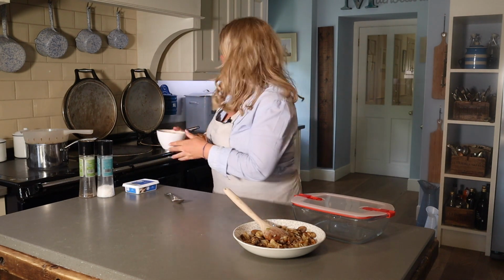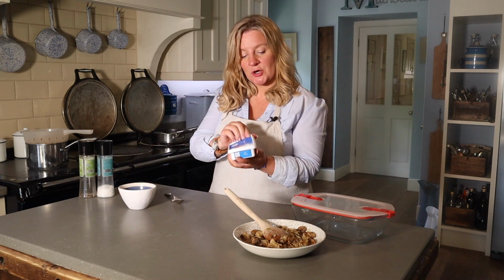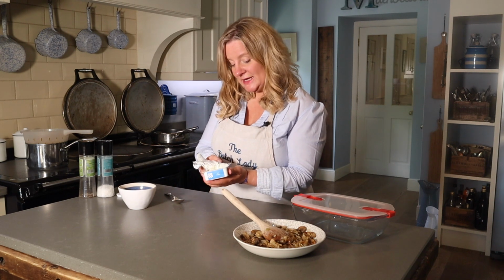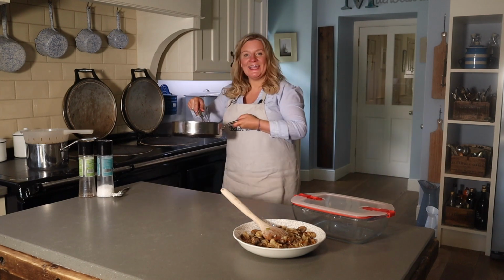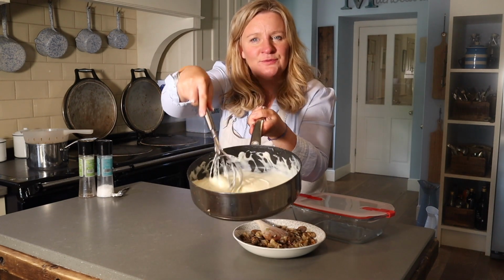Okay, once you've got your sauce to that beautiful velvety consistency, you want to add in your cheese and your soft cheese, your 100 grams of soft cheese. Just add it in, give it a mix around, and let it all melt and come together. Okay, and there we have it, guys. Just a couple of minutes and we have this beautiful, thick,